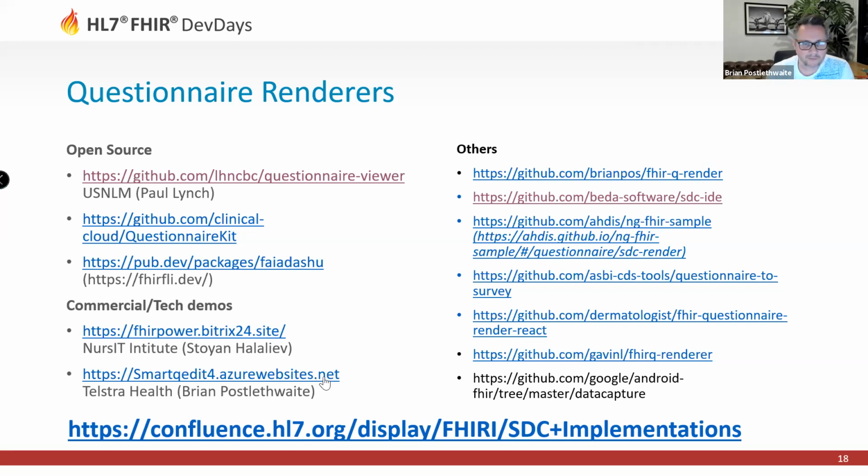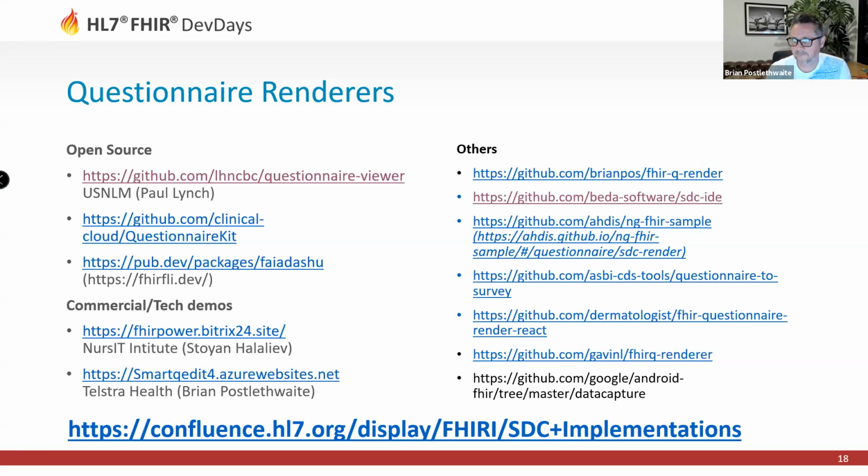This is our tech demo from Telstra Health. And down the right, it was a whole heap of different GitHub projects in various states of various people that have been working through it. The top one there is my most recent one I started a few weeks ago to try one out in Vue.js and beta software. So Ilya Peter is speaking on that later this week, and some Angular and some React, all different projects. There is a link there where you'll find all these other